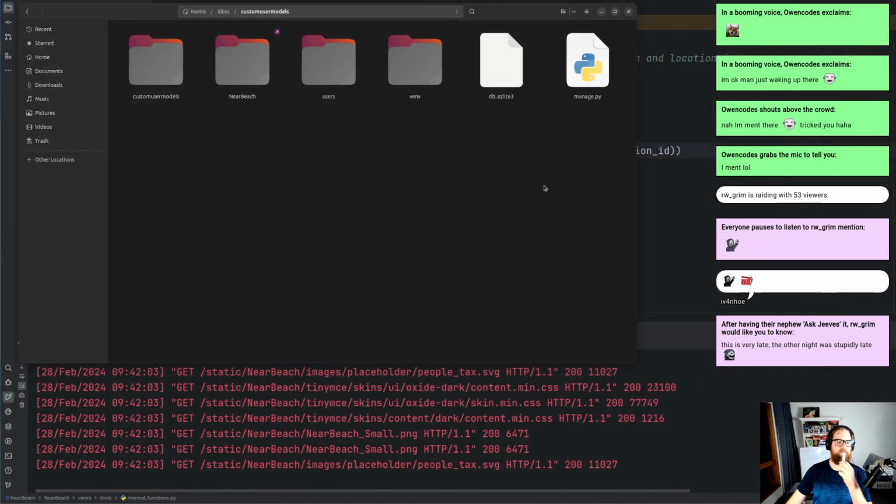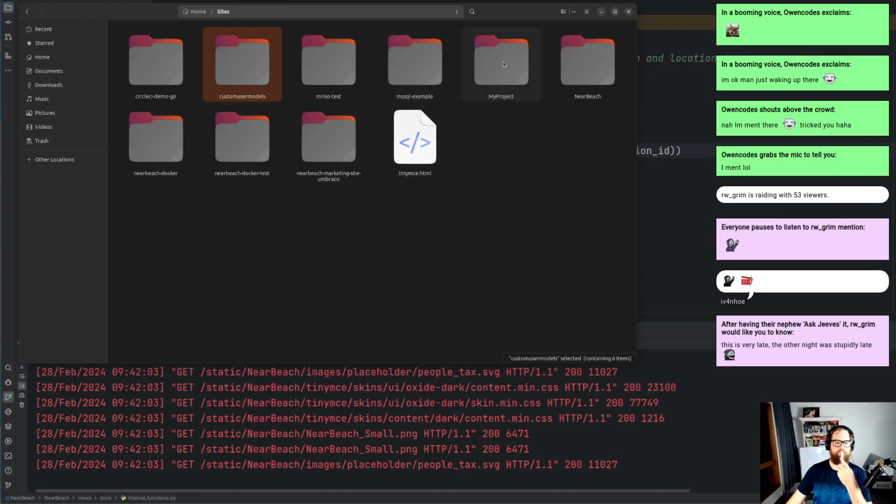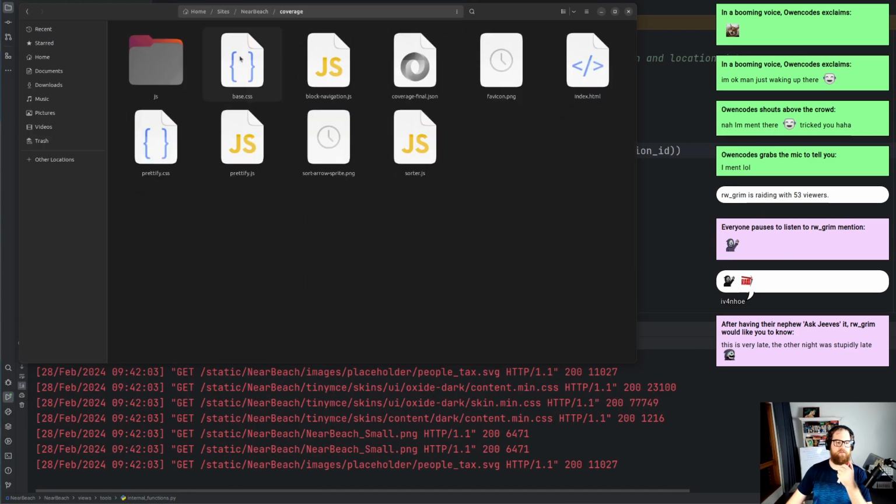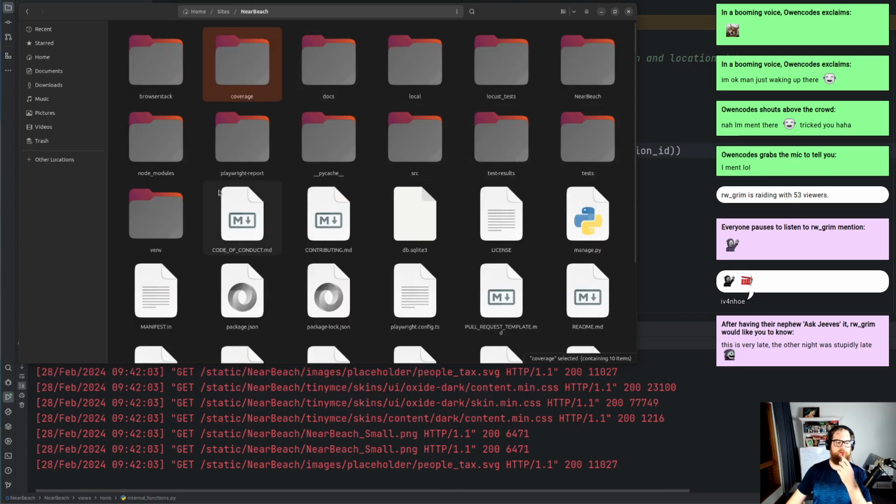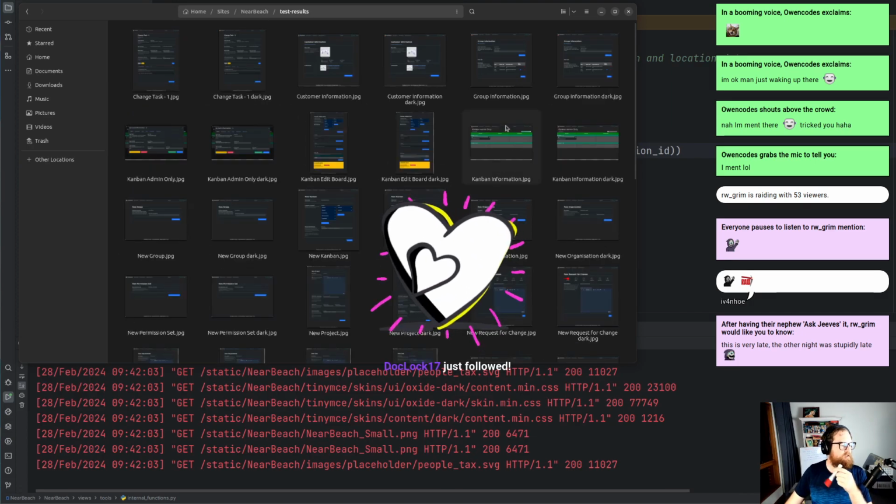So once that's done, we need to check the screenshots. So we go to NearBeach, we go to not coverage, sorry, we go to test results,